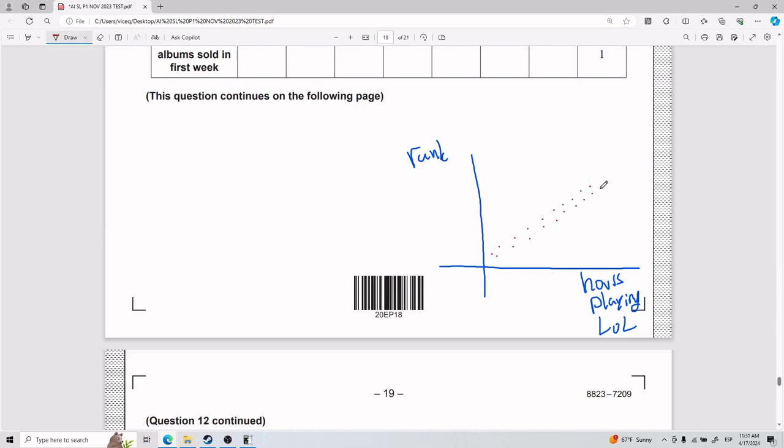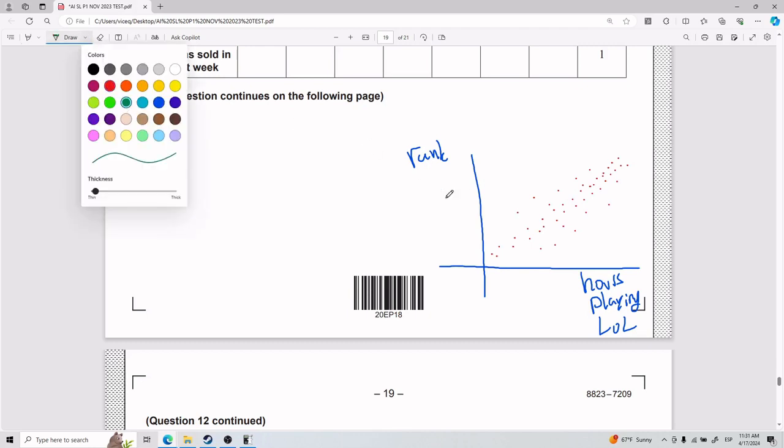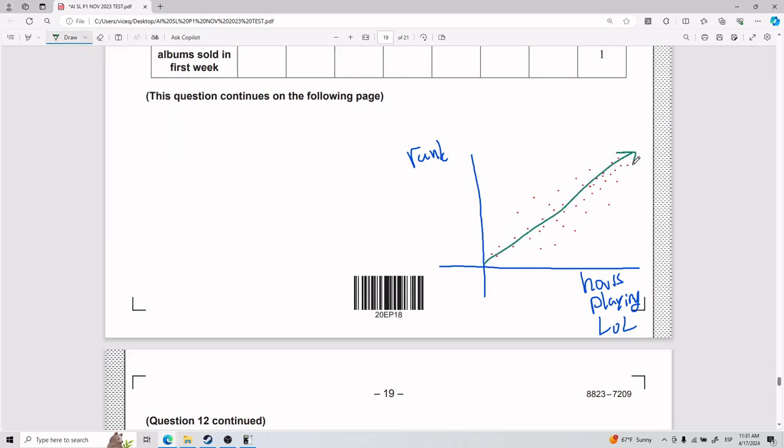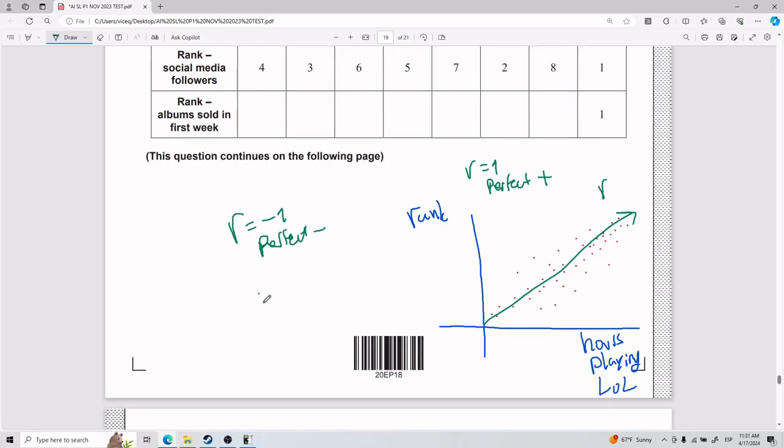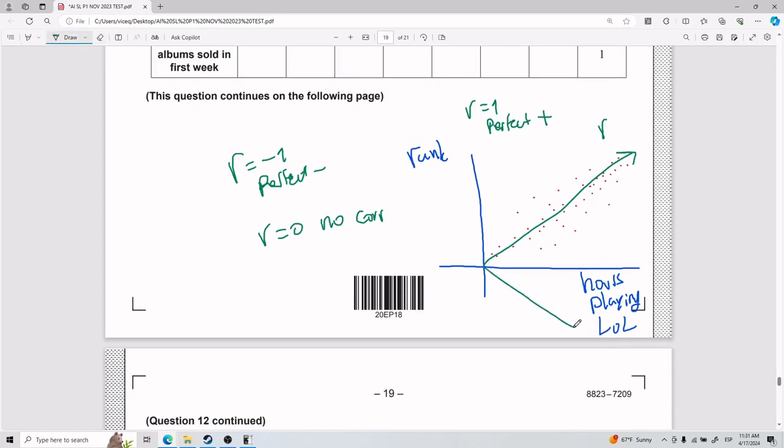Okay, and so you might have a bunch of different data points, and you try to find a line that is like the average of all these points. You're probably gonna end up with a line that looks a little bit like this. Okay, and so this would be correlation, okay? And the R value of this is your correlation, quite literally. And R of 1 is a perfect positive correlation, okay? And an R of -1 is a perfect negative correlation. And an R of 0 is basically no correlation, okay? Because an R of 0 is a flat line, no correlation, no direction, right? If you have it equal to -1, well, it's perfect, but it's negative.